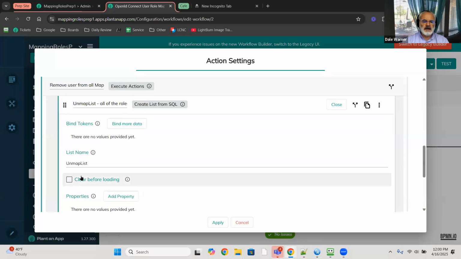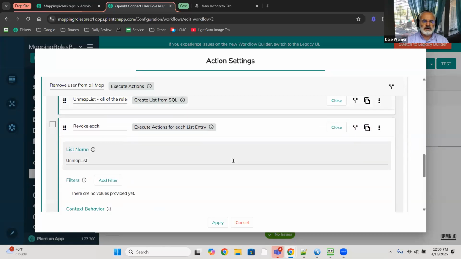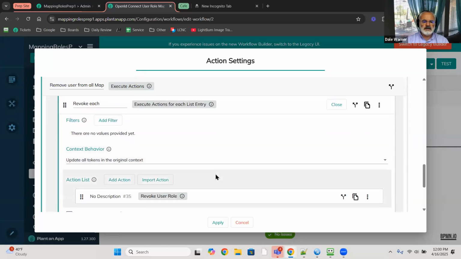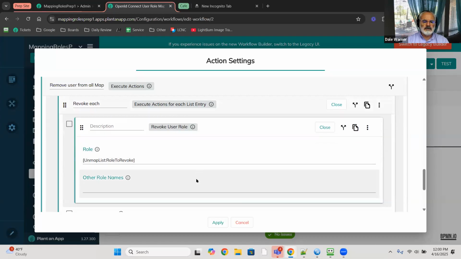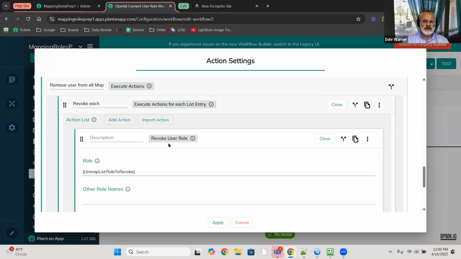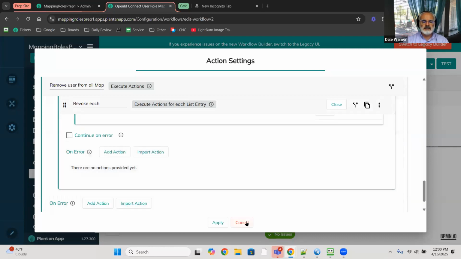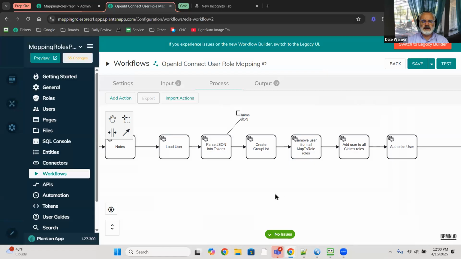And once we have that list, we are executing actions for each one in the list, doing a revoke user role. So we're using the unmapped list role to revoke as a revoke user role that removes them from everything. Notice this doesn't specify an ID, and that's why I had to use the load user in the earlier step. So this gets them removed from everything